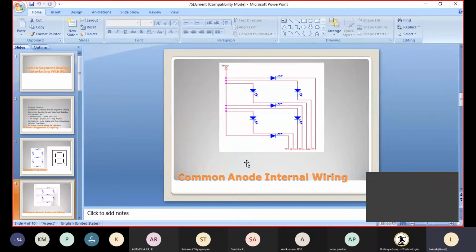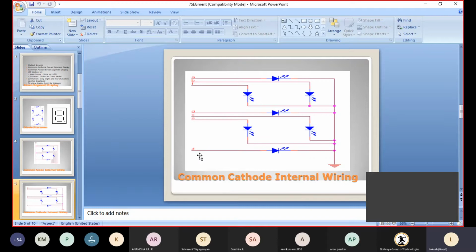This is how the common anode internal wiring is going to be. They take the anodes commonly and place them like this. You can see here A, B, C, D, E, F, G. Next, the common cathode internal wiring.